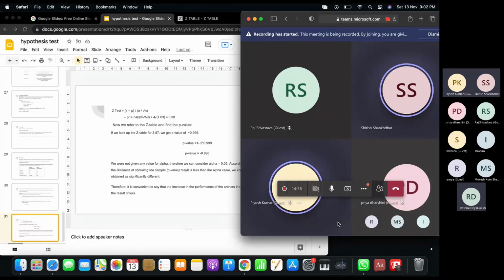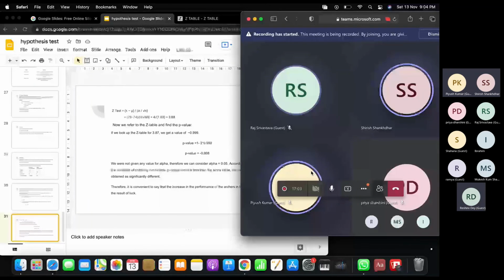Okay. So basically, when we look in the table, she got a value of 0.999. So actually, we are trying to see the area of the rejection region. It is actually 1 minus 0.999 only, because when you interpret both sides, it will be the same. So then the p-value will be 1 minus 0.999, right? So it was 0.001.